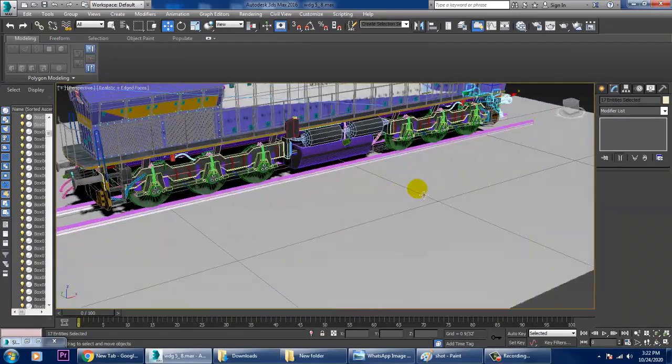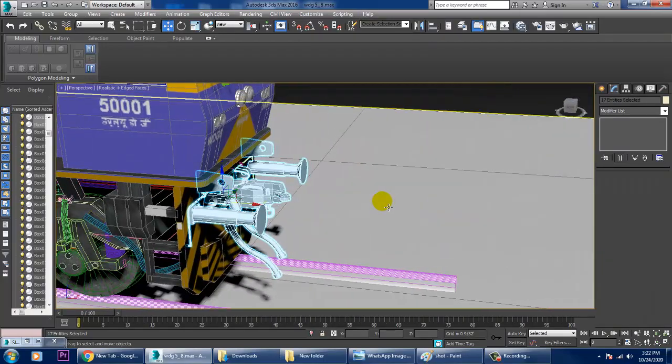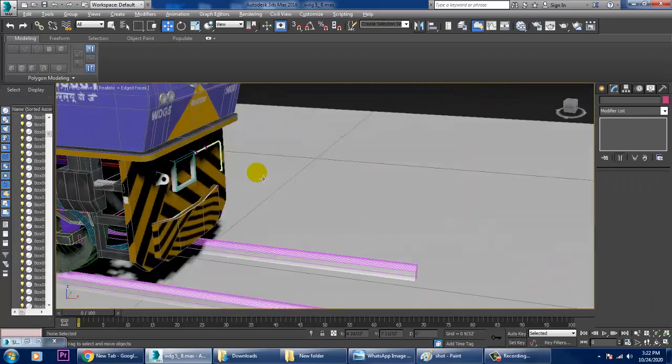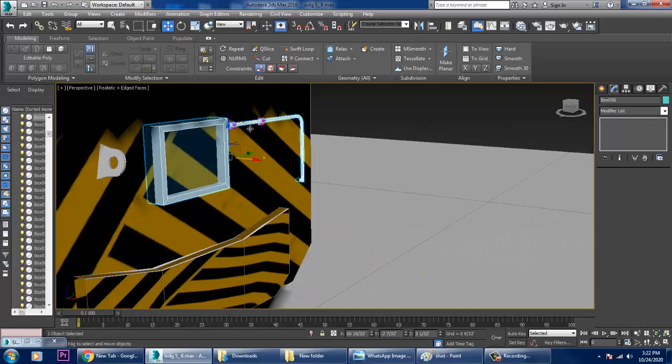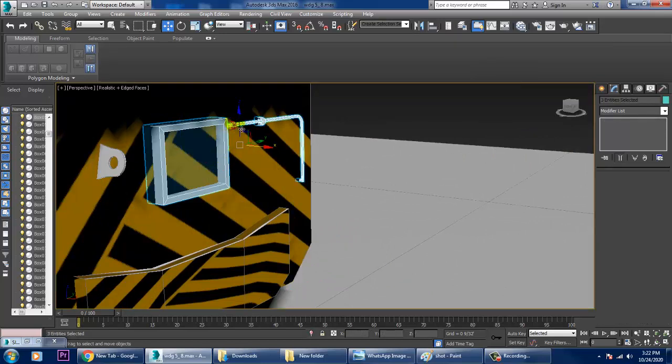We can delete this area over here. We can easily delete all this stuff.